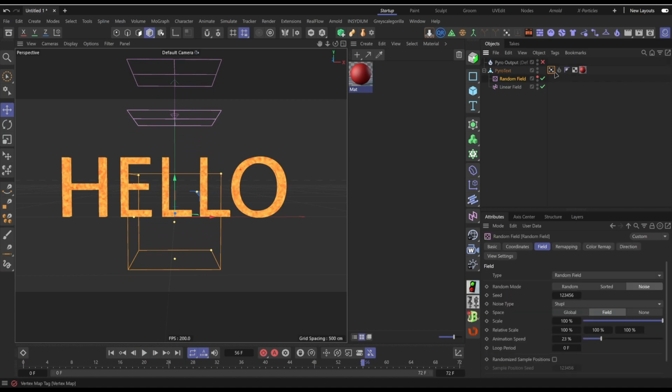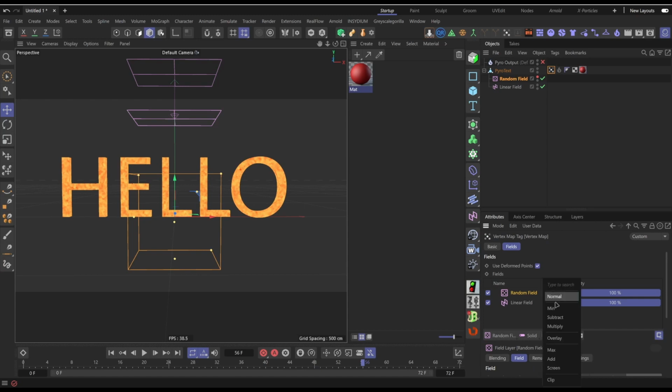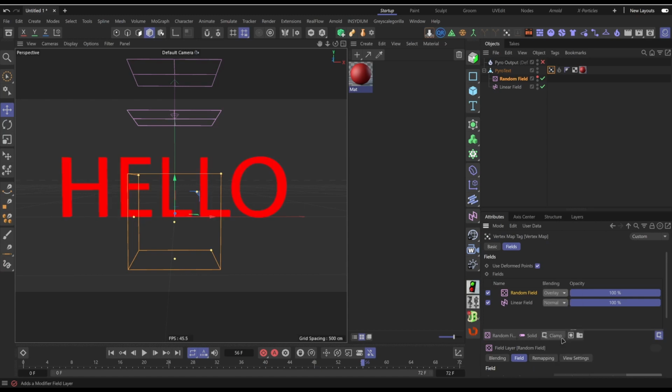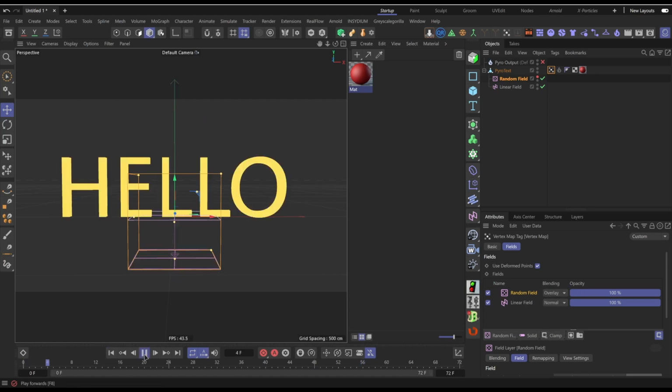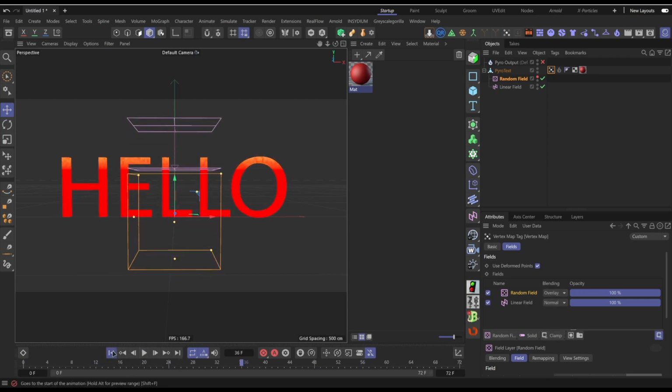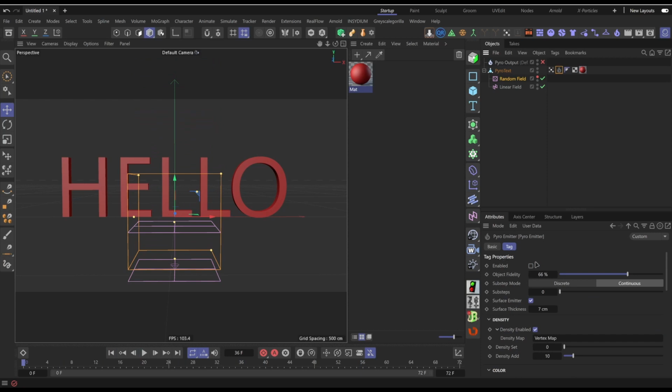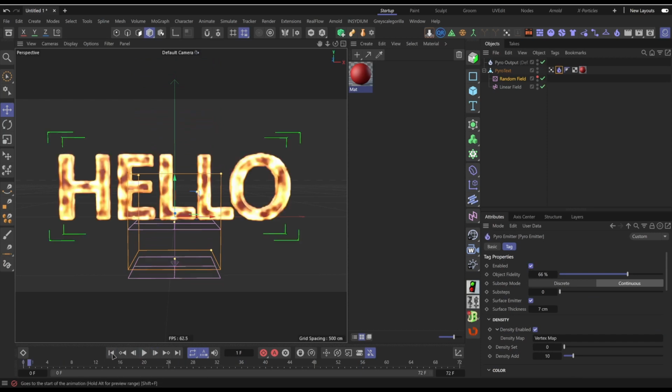If that's something you don't want, you just want to change the blending mode here from subtract to maybe multiply, maybe not multiply, I think it's overlay. So when I press it now, yep, that should be working. So if I go into the Pyro tag, turn everything back on and press play,